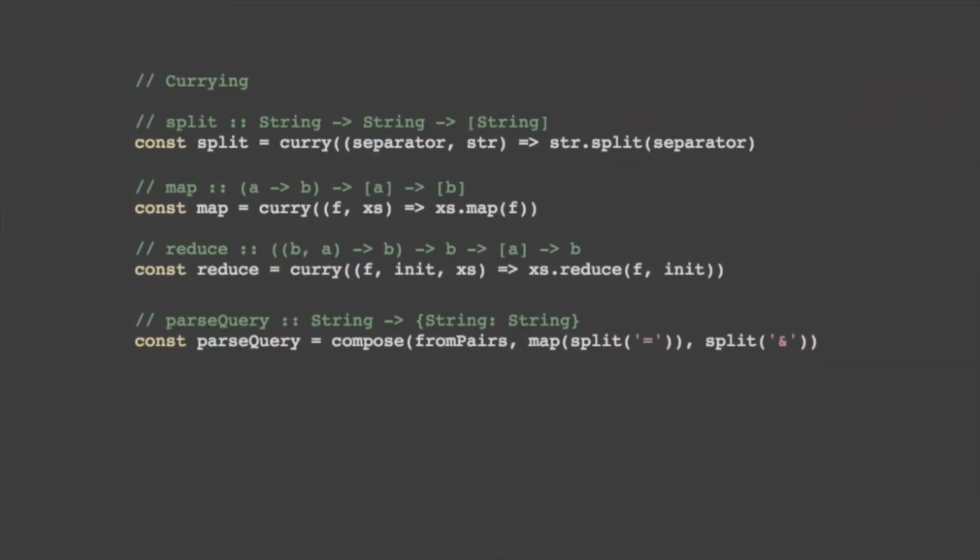Split applies to all sorts of strings. There's nothing URL domain specific about it. These are just tools. These are just really generic utilities. So in one line, we've now created a parse query function. And very few of those are really one line. Or at least when they are, it's not a good thing.